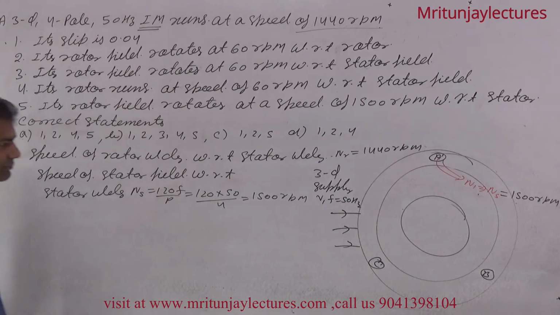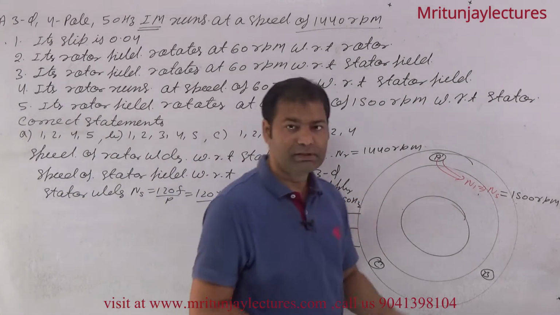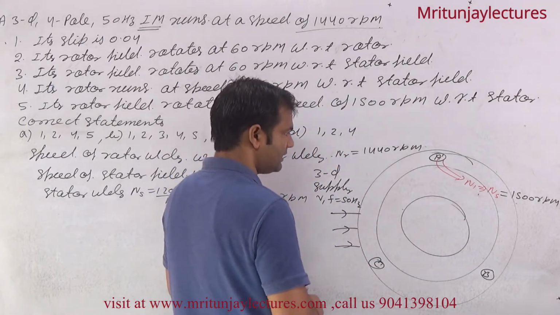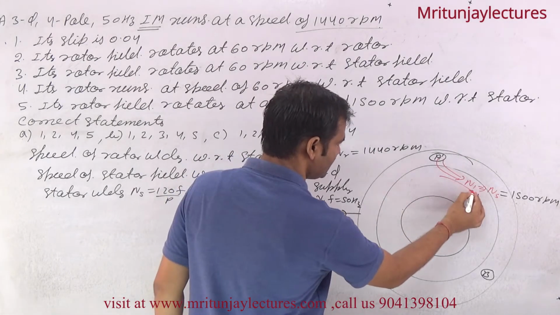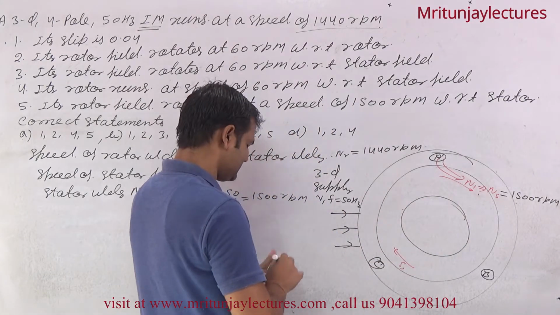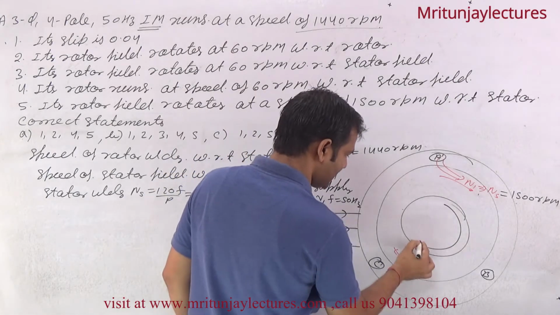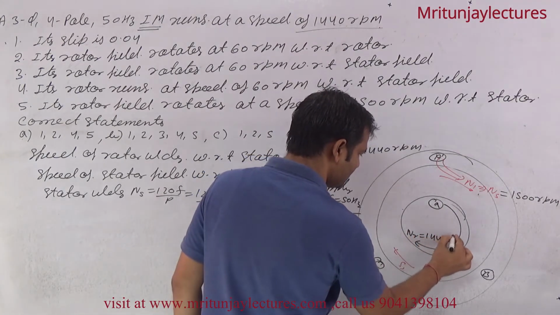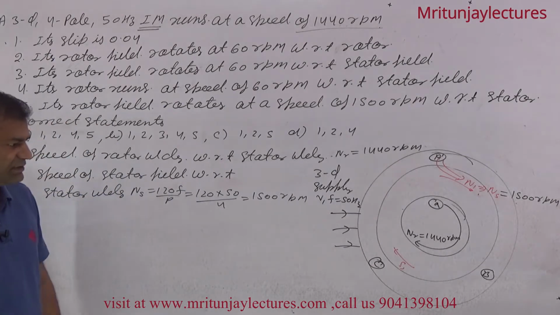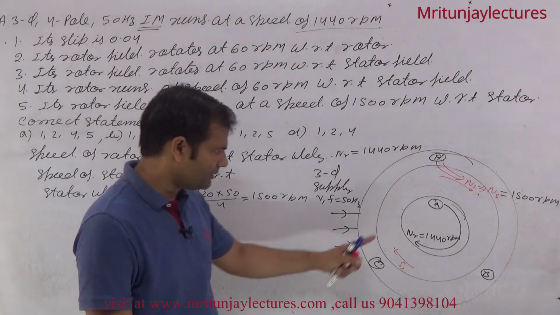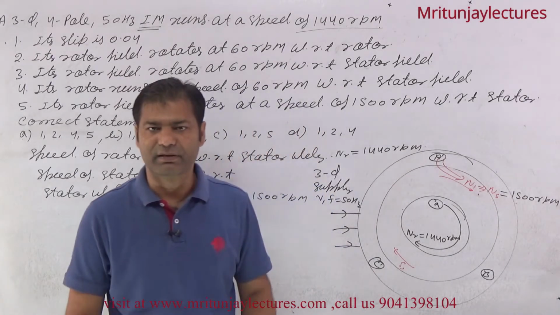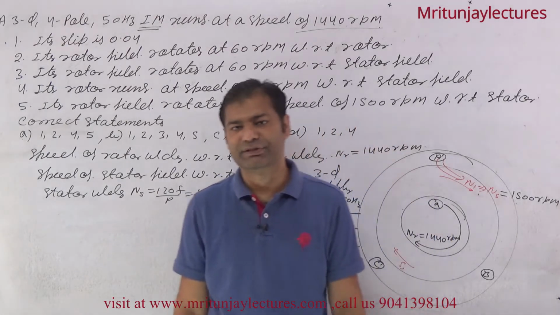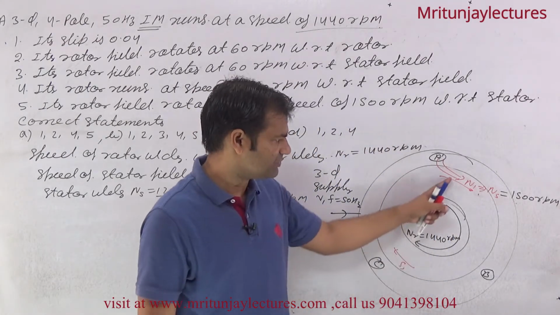Now, if you sit on the stator winding and see the stator field rotating like this, that is the direction of Ns. What about the rotor? The rotor runs in the direction of the stator magnetic field, that is NR, 1440 rpm. Clear? Why the rotor rotates like this we have already discussed in the fundamentals. If there is a 3-phase supply on the stator, then the rotor rotates in the direction of the stator magnetic field because of relative speed.